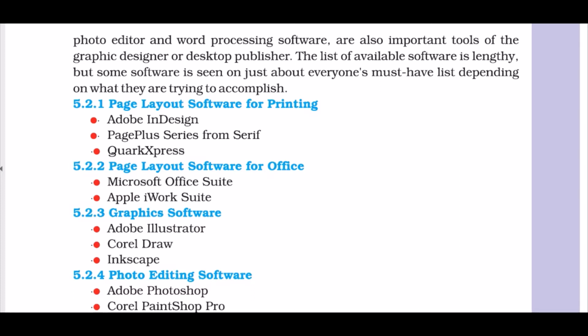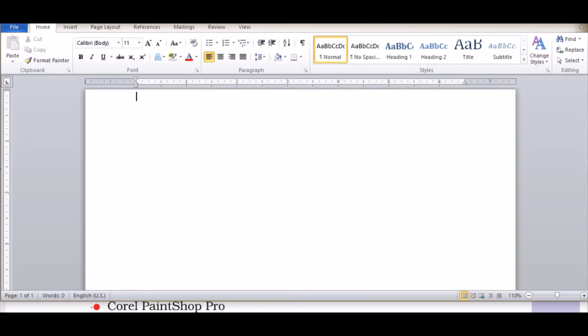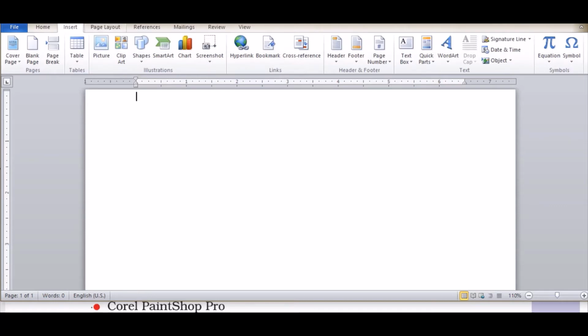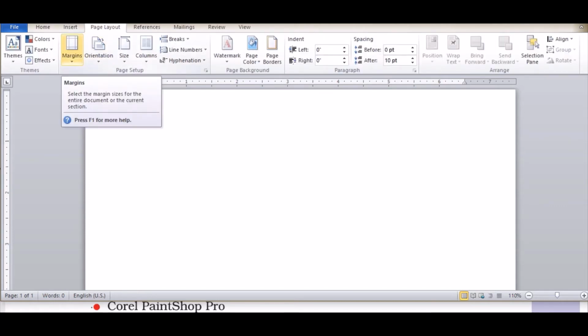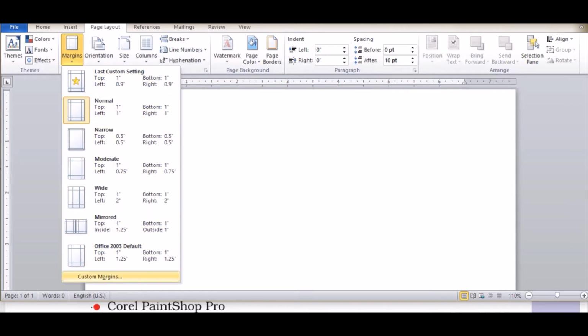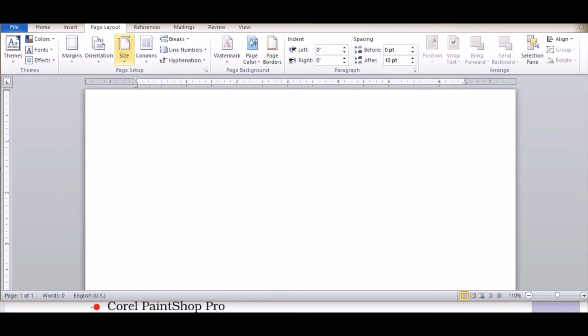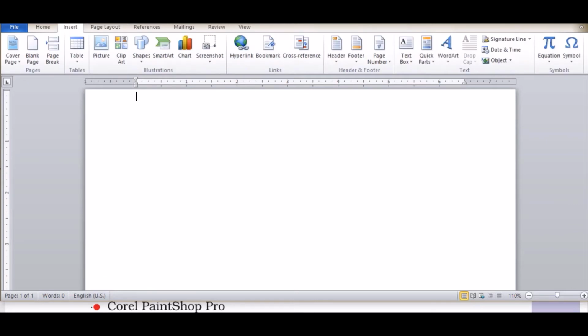If we check out Microsoft Word, you have a page. You have specific options, you can insert page layout. And this is where the margins or your page layout main processes come in. You can insert text, you can insert pictures, you can insert everything. Basically in Microsoft Word, the word processing or the text is important, not the graphics, not images. This focuses on text.